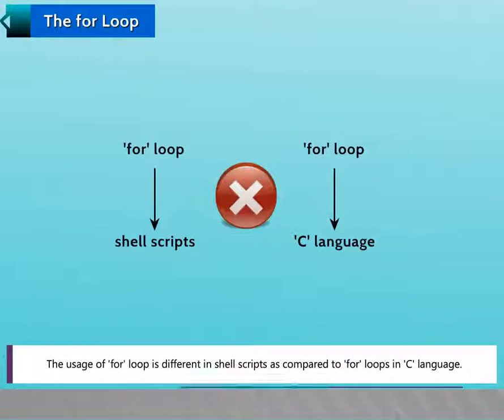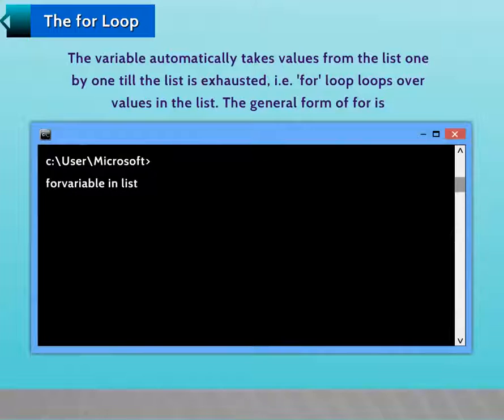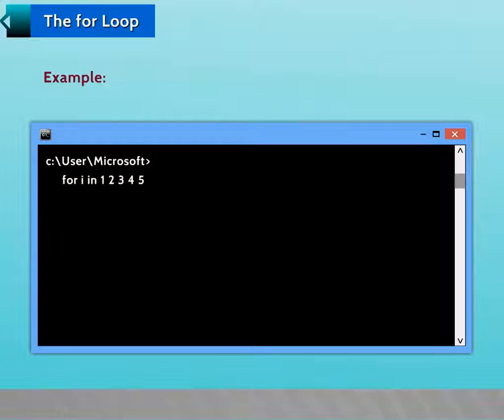The usage of for loop is different in shell scripts as compared to for loops in C language. The variable automatically takes values from the list one by one till the list is exhausted, that is, for loop loops over values in the list. The general form of for is: example,